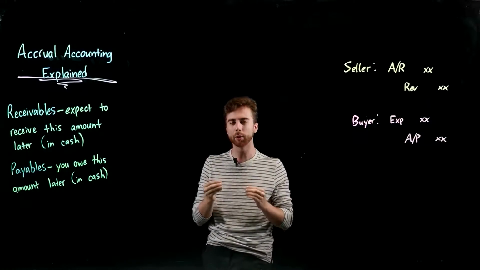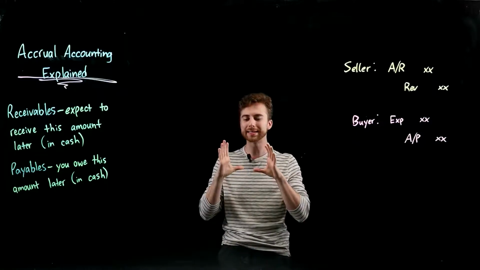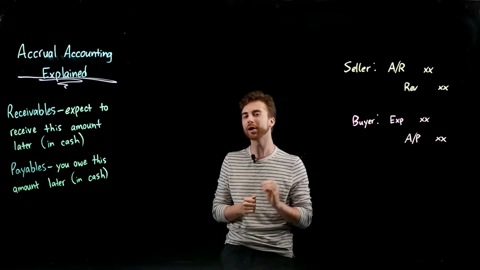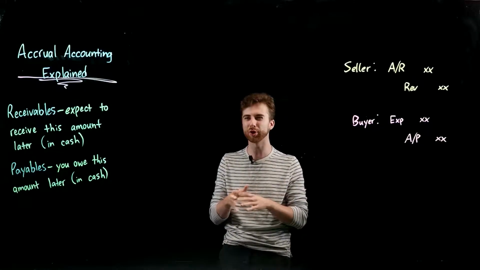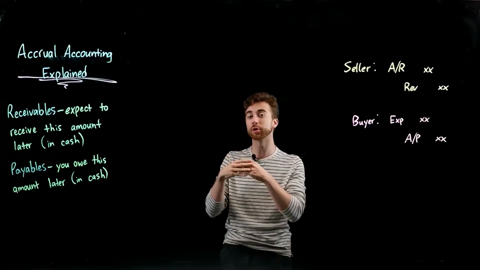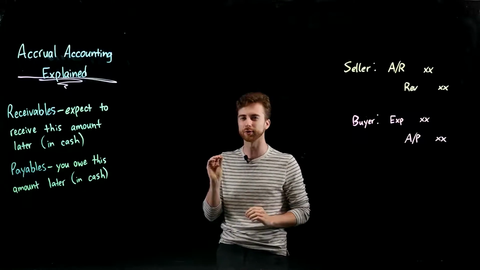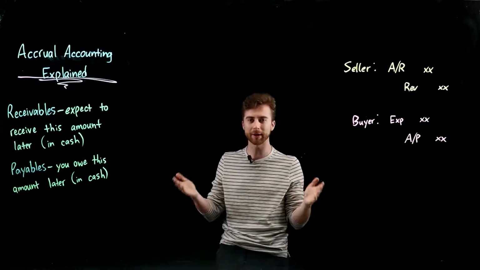So basically what accrual accounting all boils down to is that we're going to recognize some sort of transaction right now, but we're not going to recognize the cash quite yet. So you'll hear about accruals and deferrals. You can think that with accruals, the cash comes later. Deferrals, the cash comes now. We're not going to talk about deferrals quite yet in this video, but to talk about accrual accounting,